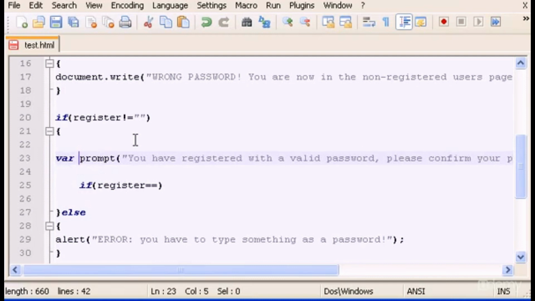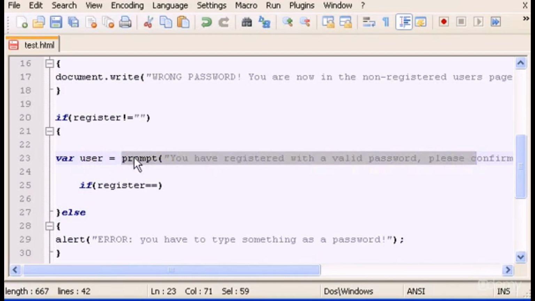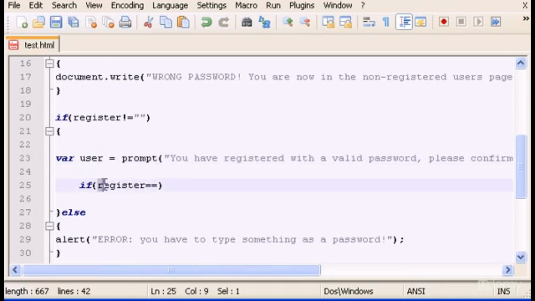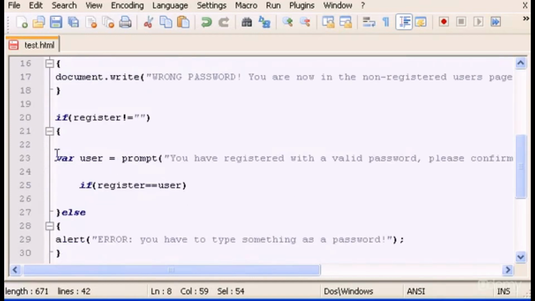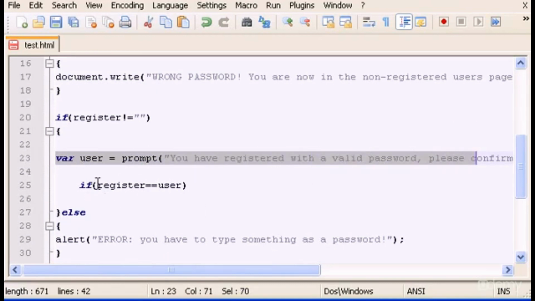Okay, we need to store this in a variable, so we're gonna store this in a variable called user. Now when we type in the second prompt, the password in this prompt will be stored in user, and now we can compare registered with user. So if the password that we type here is equal to the password that we type here,